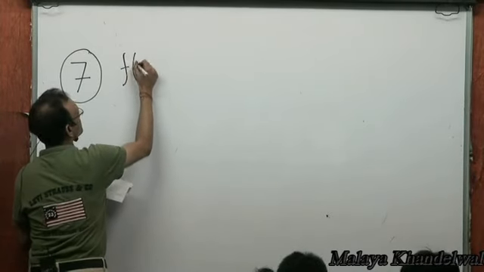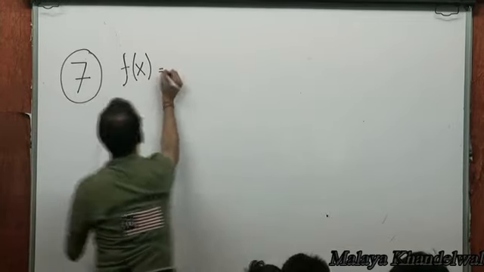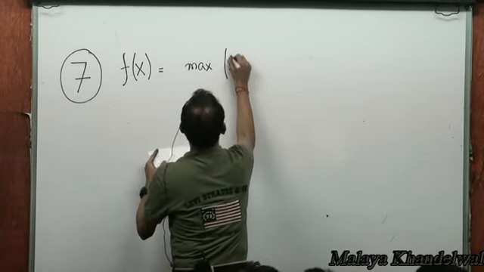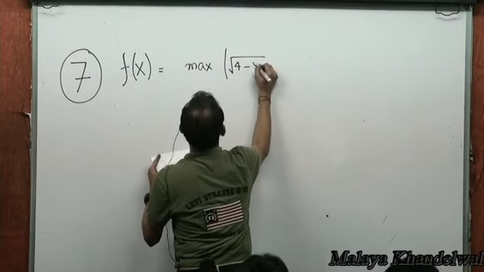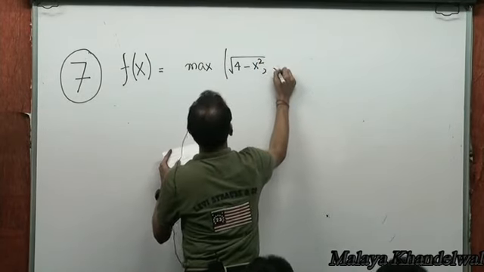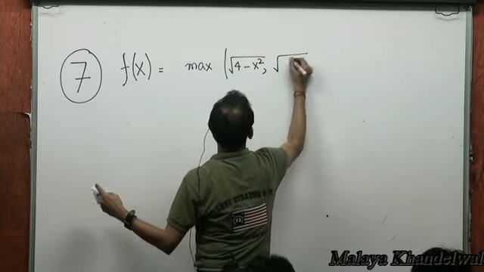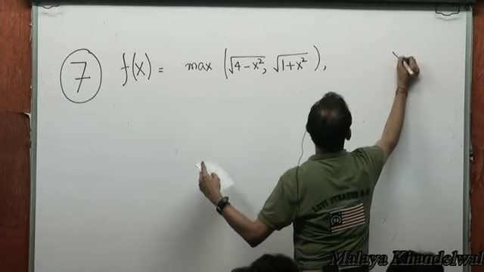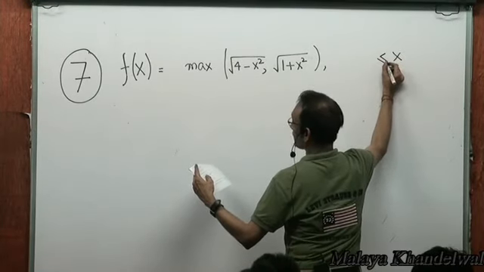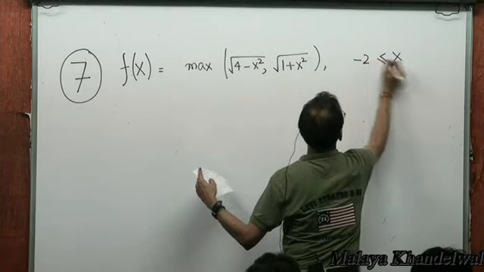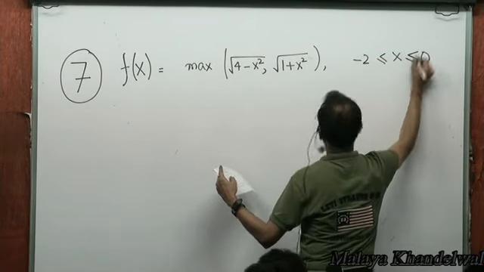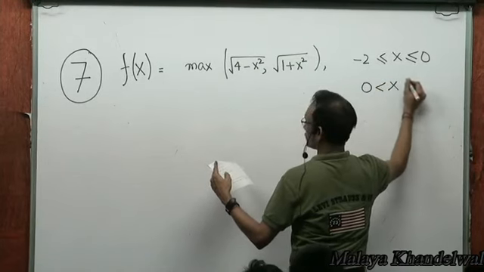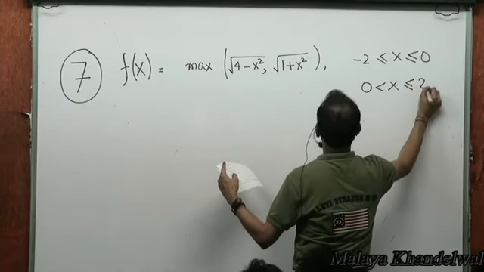f(x) is defined as the maximum of root 4 minus x squared, comma, root 1 plus x squared, for x lying in the interval minus 2 to 0, and for x greater than 0 and less than or equal to 2,